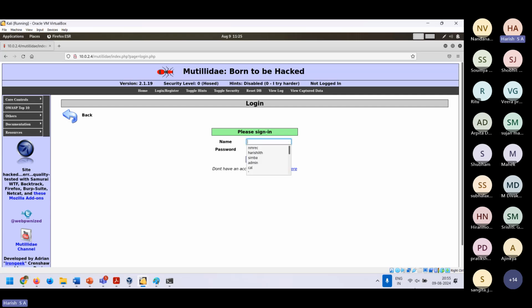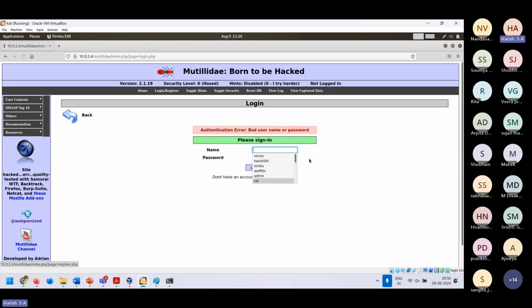Now my objective is to type in something here and make sure that I am able to log in. Correct? I should be able to log in without using the correct username or correct password. What are the approaches that you'll use here? Any approaches that you know of or have heard of? Basically, you need to break into this page. How do you do that?